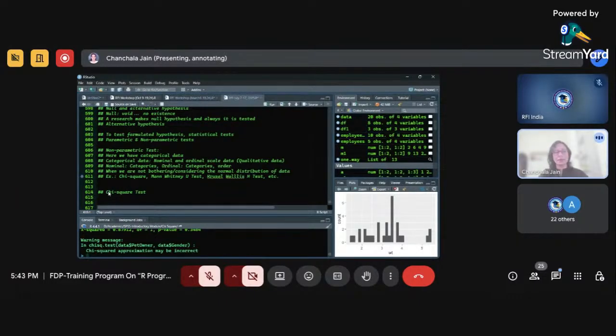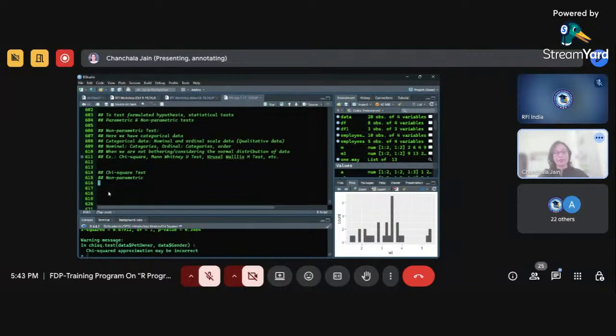Chi-square test, right? So it is firstly a non-parametric test. Second, it is based on categorical data, usually nominal data, right? Generally chi-square test is non-parametric in nature, and there is a classification in the chi-square test, right? What is the classification? What are the types? So there are two types: